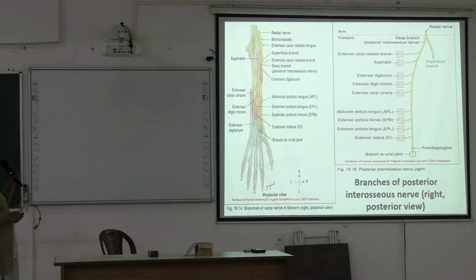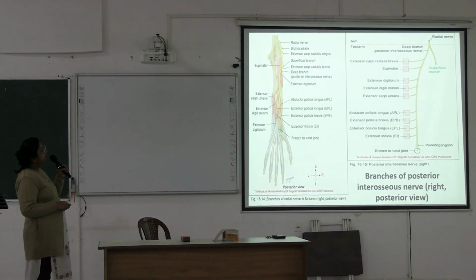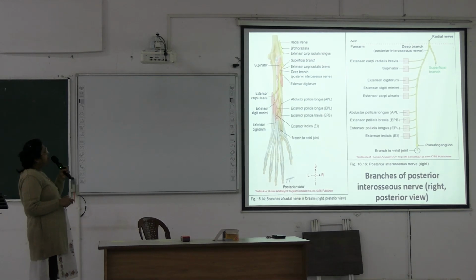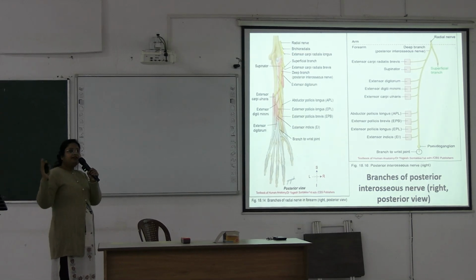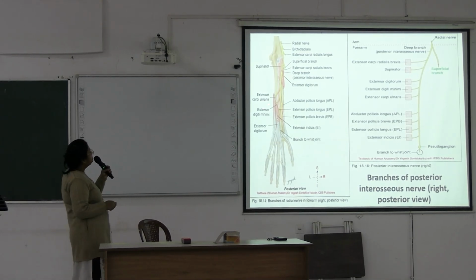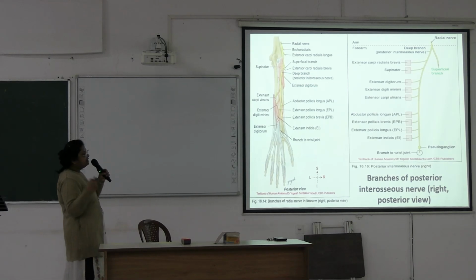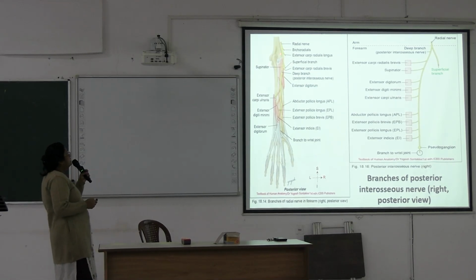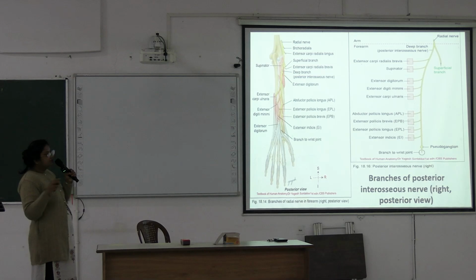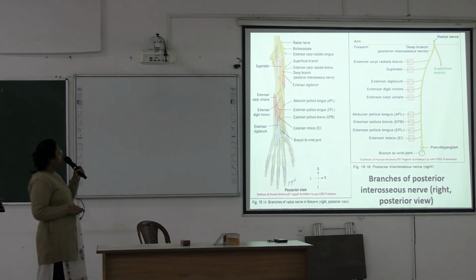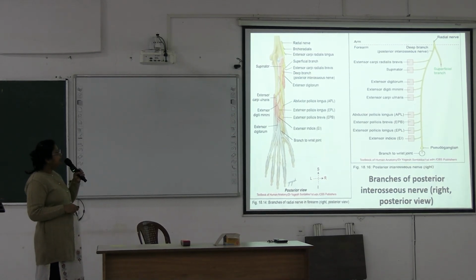Here it is giving the branches. See here, radial nerve. Here it is giving brachioradialis, extensor carpi radialis longus. Like this you will see in the dissection. It is giving superficial branch and deep branch. Superficial branch lies under cover of the brachioradialis. Deep branch will supply the supinator and enter into the supinator muscle and continues as the posterior interosseous nerve, and it is going to supply the extensor group of muscles, extensor digitorum, other superficial extensors, and these are the deep extensors. Superficial extensors have been cut.